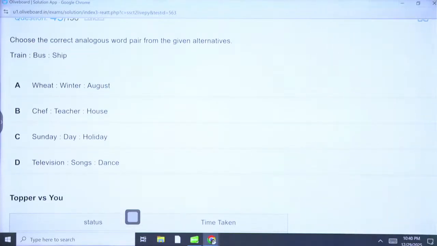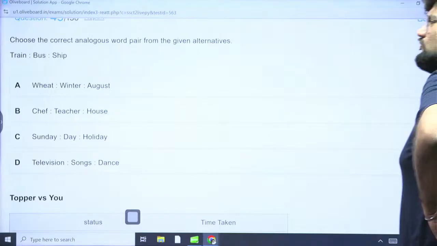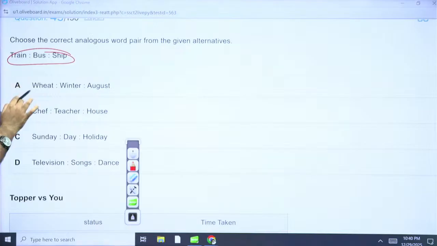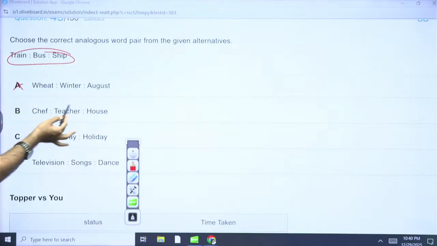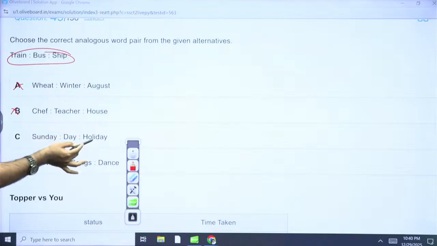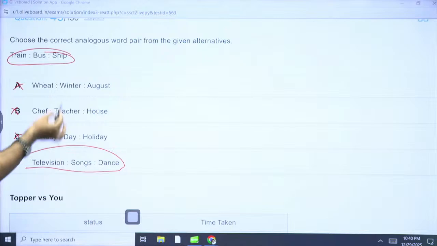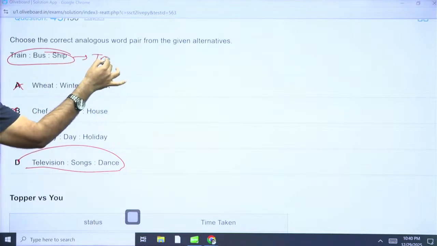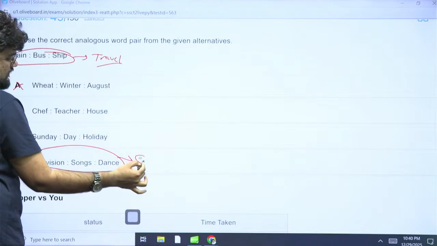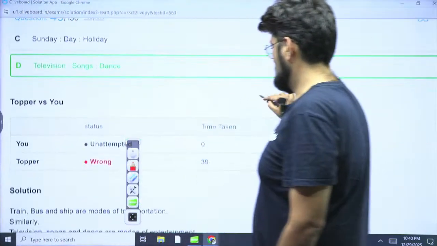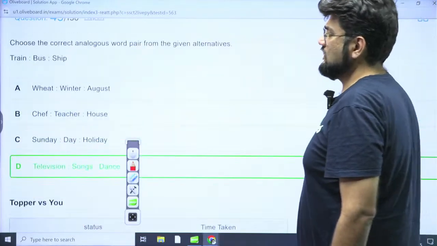Train, bus, ship. Correct analogous word pair. Okay, train, bus, ship. There is a connection. Wheels, they have wheels. From the options, we can't see anything. So they have to be of the same group. That's the only thing I can see, and they all belong to one group. Wheat, winter, August. No. Chef, teacher, house. No. Sunday, day, holiday. Sunday is a day which is a holiday. No. Television, songs, dance. They all belong to the same category. This is a category of traveling. This is a category of probably entertainment. That's the only logic I can see here. Okay. So option D is the right answer. 39 seconds, wrong. Got the answer incorrect. Anyways,